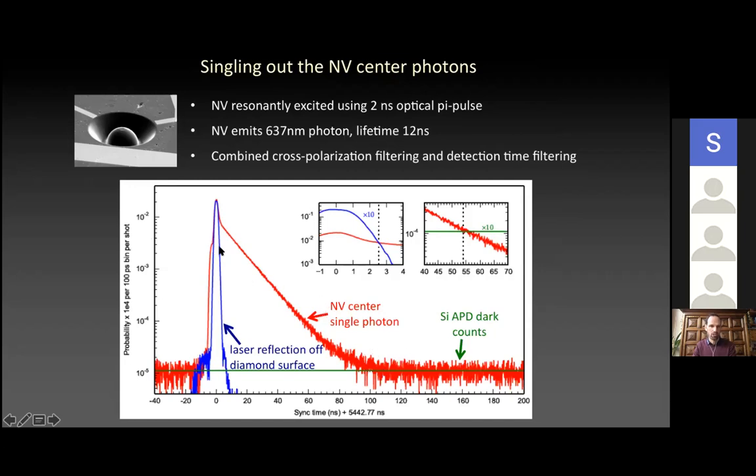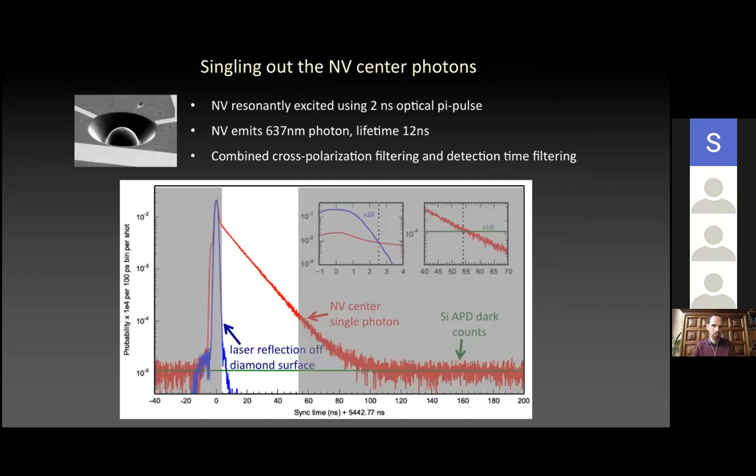And on this side, of course, if you get a photon detection, there's a very high probability that it was not an NV center photon, but a scattered laser photon. So what we do is apply a time filter and say only photons detected in this time window are valid. If we don't detect them here, they do not count. By doing this time filtering, you can play with this quite a bit. You can get very high.